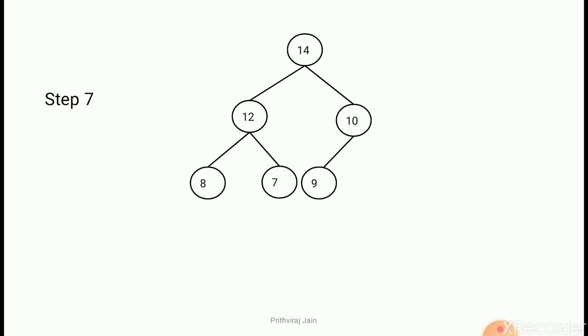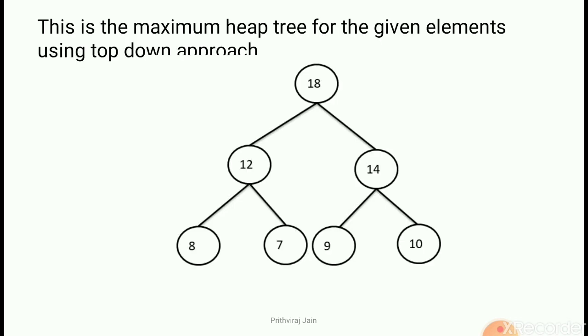Last step with the last data. The last data is 18, that will be inserted to the right subtree of 10. But again we can observe that 18 is greater than 10. So exchange these two data, and we get it like this, and again compare the newly inserted data with its parent. Now 14 is smaller than 18, so exchange 14 and 18, and we will get the tree like this. And that's it. This is the end of the process, and finally we get the tree.